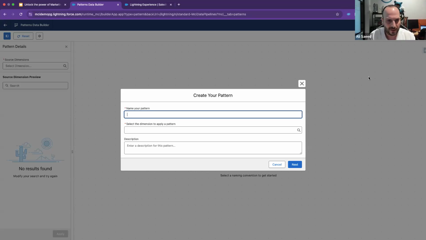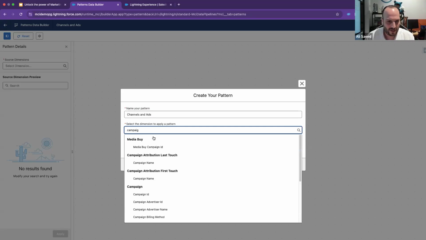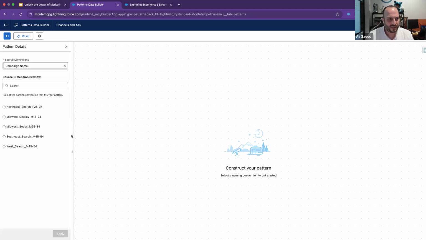So I want to call this channels and ads, and I'm going to select campaign name on the first touch. Okay, and click on next. On the left-hand side, it will give me, again, a quick preview of the current data that I have. So if I select the first one and click on apply,